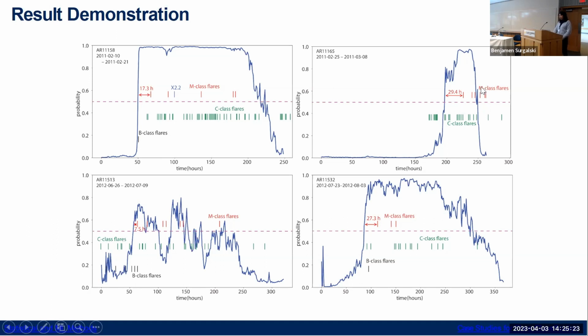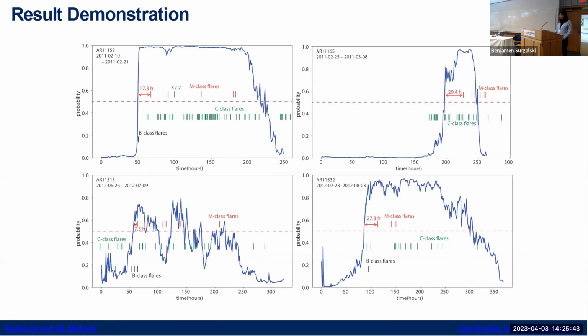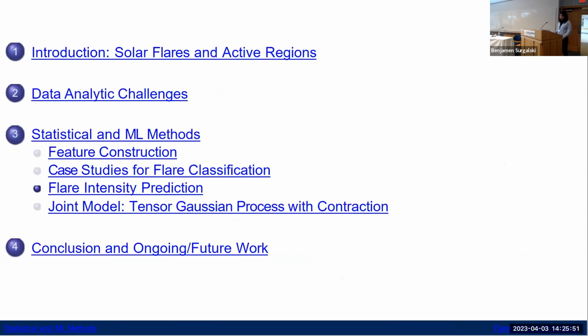But then there are some regions where we're misclassifying. And those are pretty serious mistakes because essentially we're telling people it's going to be super clear, nice, you can send an astronaut to the sky, but then the astronaut will be killed because of a solar eruption. So this is not even tolerable in this community. That means we're making a very serious mistake here by not being able to capture this last strong flare event. So that intrigued us to pursue the solar flare prediction problem further, because we're not there yet.